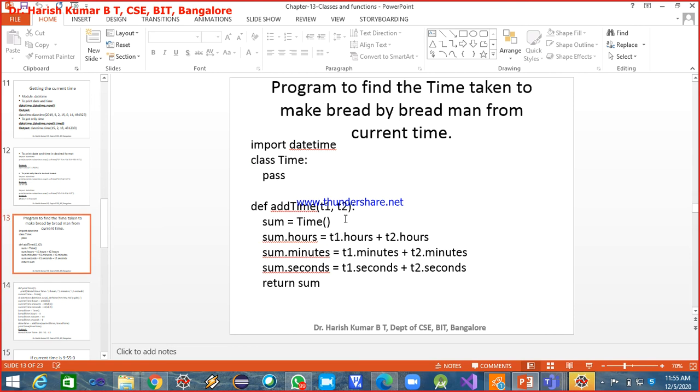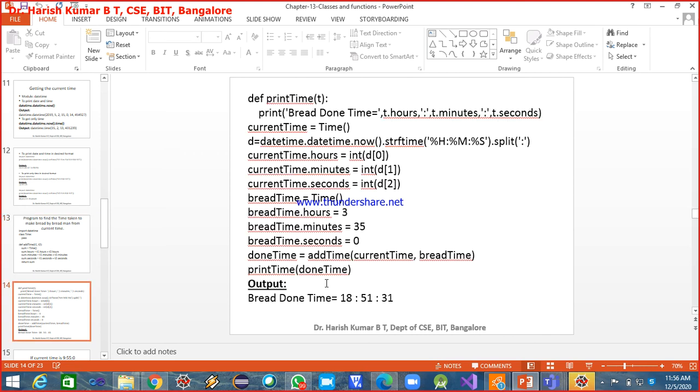So now T1 is referring to the current time, and T2 is referring to the bread time. Inside this function we have another instance created, which I've already told you. It performs the addition of the bread time with the current time, and what we get is a new sum, and that is returned.